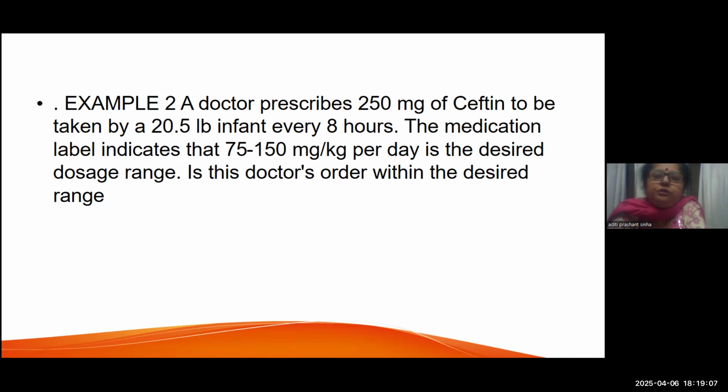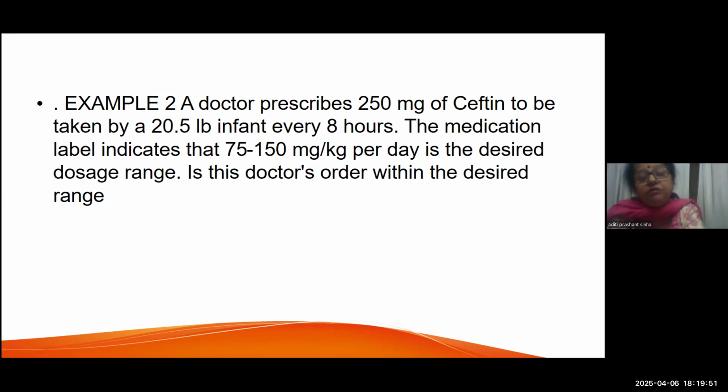A physician or a doctor prescribes 250 milligram of Ceftin, which is to be taken by a 20.5 pounds infant every 8 hours. Ceftin, you know, that is cefuroxime, a cephalosporin, one of the types of antibiotic, and it is prescribed as 250 milligram. And the medication label indicates 75 to 150 milligram per kg per day is the desired dose range. Is this doctor's order within the desired range? Because they have prescribed 250 mg for a 20.5 pounds baby, which has to be